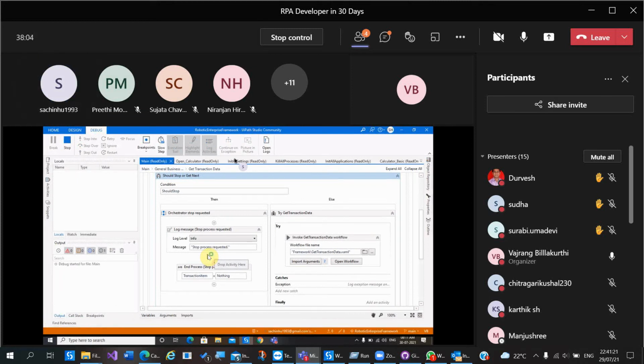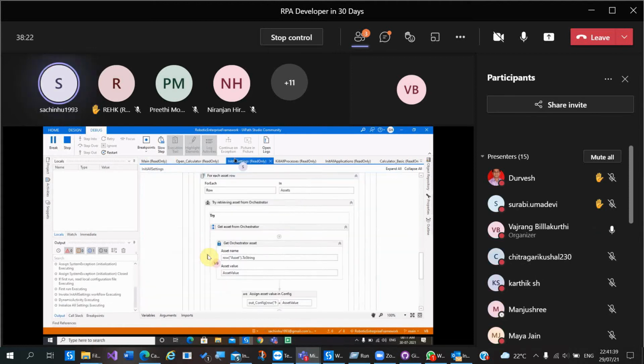Others, do the same with your projects as well. On the left side, you can see the logs adding up. If you don't add Log Activities, you will see only the log messages.